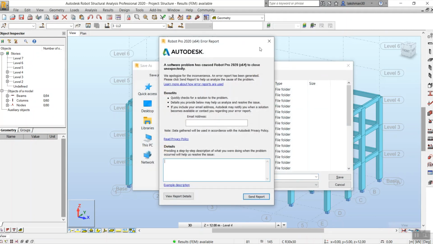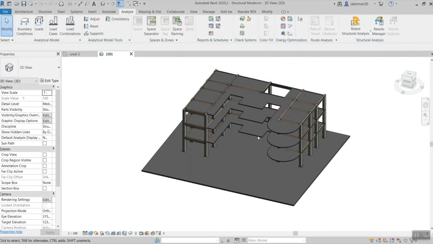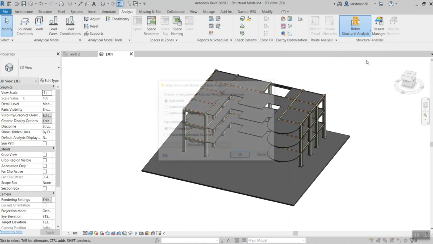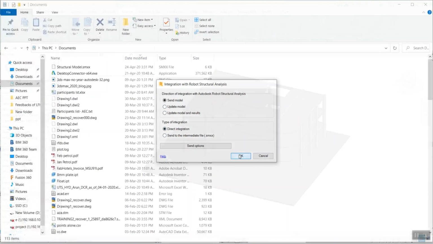Oops. Sorry, it will not take more than a minute. It mostly will not happen, but as I haven't upgraded to the hotfix, it happened like a direct integration. Okay, it's only a few minutes' work.